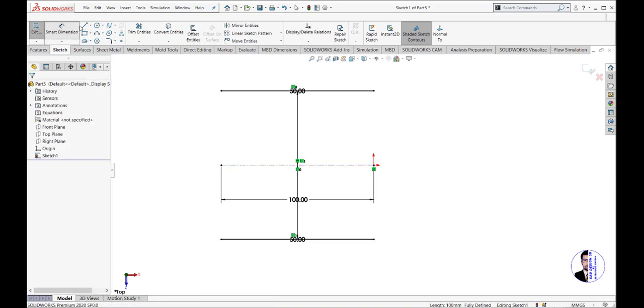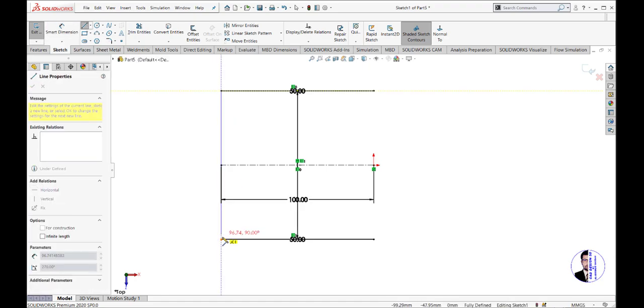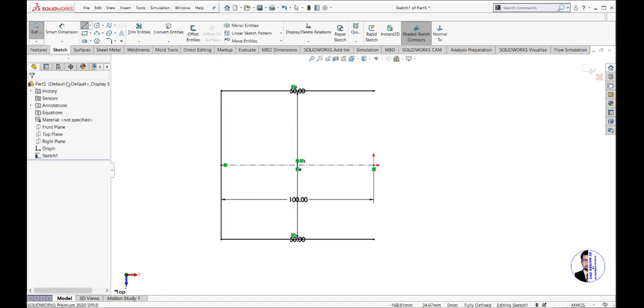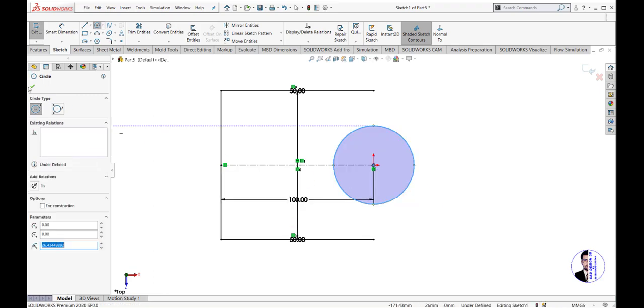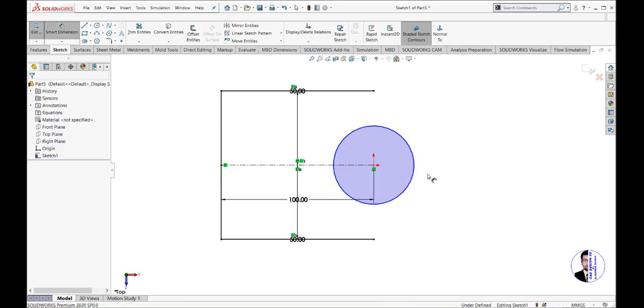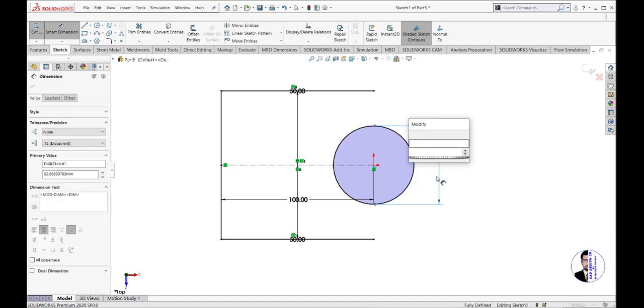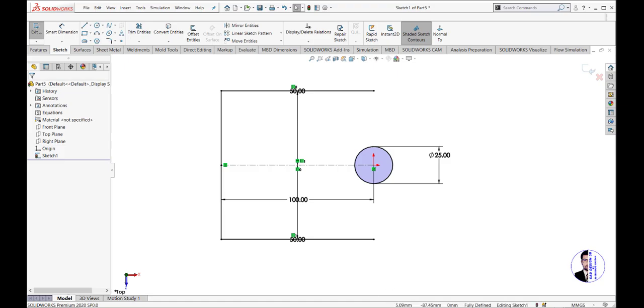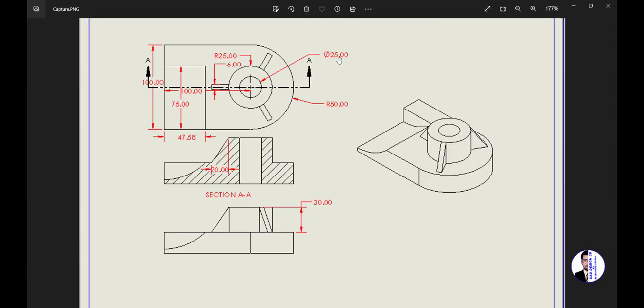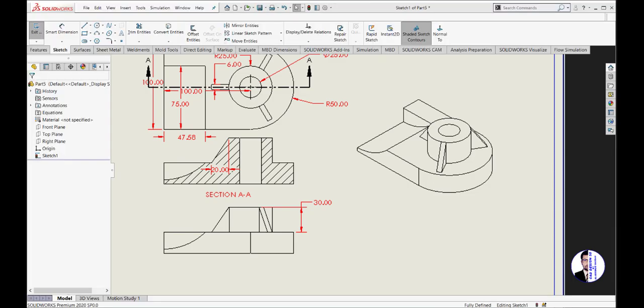And then click line. Again click line. Yes. Again click circle. Make sure the dimension is 25 millimeter. And the outer circle is 50 millimeter, which is radius 25 millimeter. So now it is